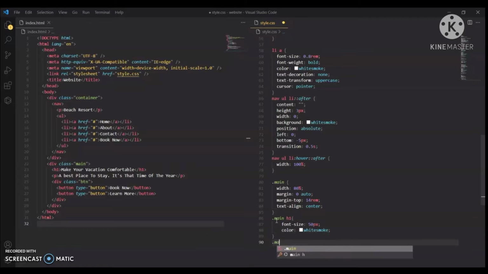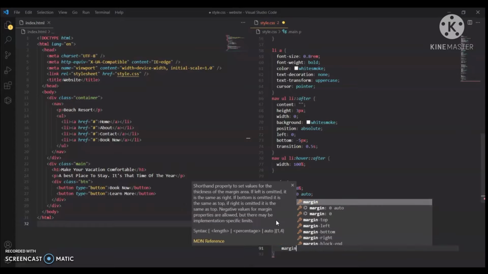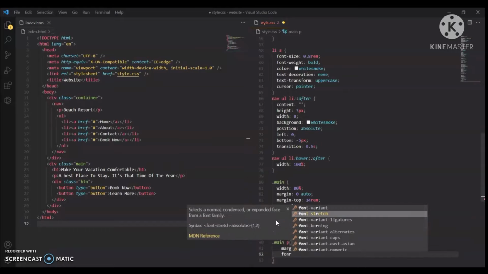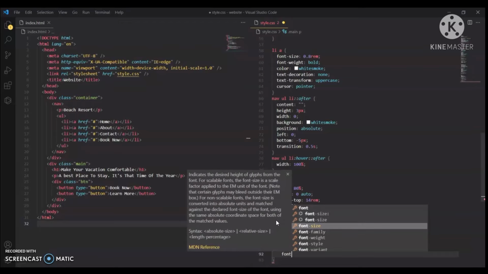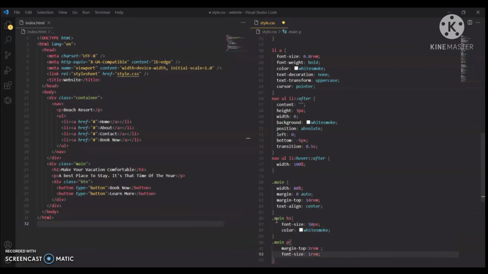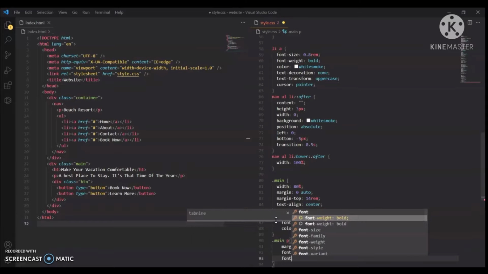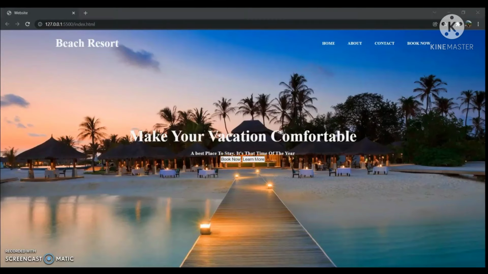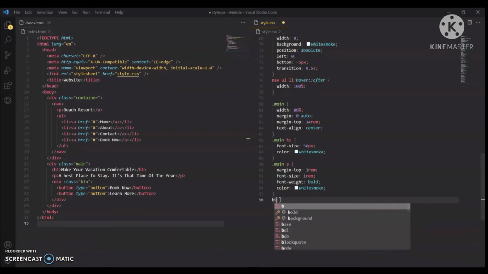We will change the color of H1, that is make your vacations comfortable. Now we will give margin top to the slogan, we can say, or tagline. Let's see the output. See, it has come at the center with change in color.